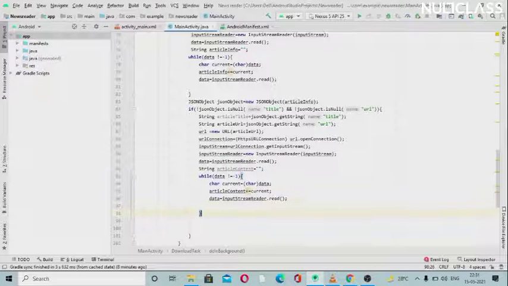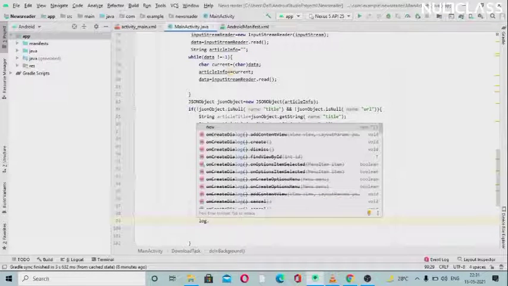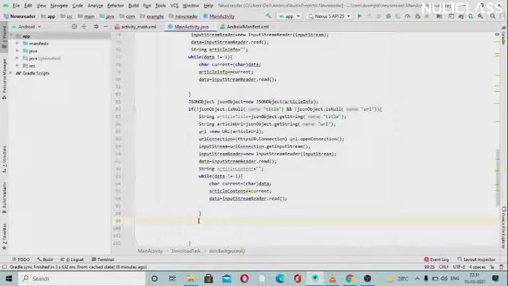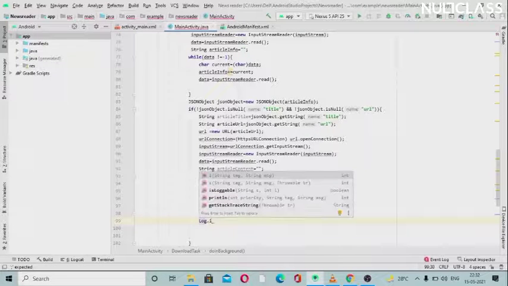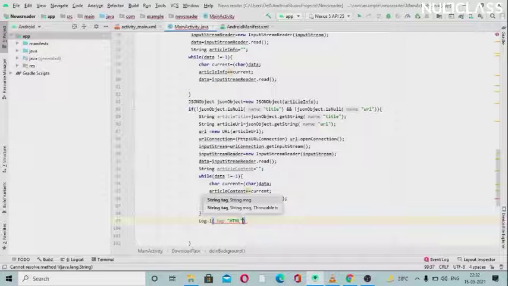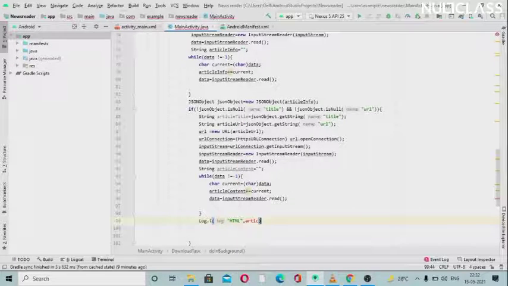Okay, so the last task we know is to log the info, so that we can see it in our logcat. I think there is some issue, or I have written a small l, so we'll just use Log.i, and inside of that we need to pass firstly the string. This time we will be showing the hyperlink, like for the HTML, and here we will be showing article content.